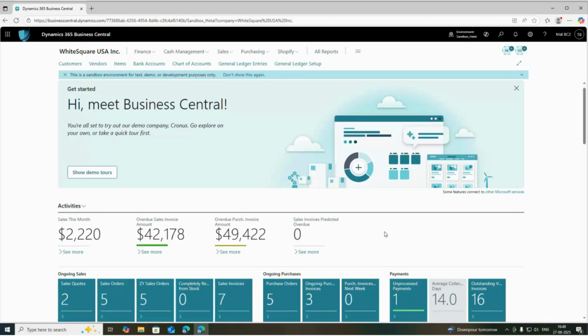Today we will go through a new feature of Microsoft Dynamics 365 Business Central called Extended Text for Project Planning Lines and see how it can make your project management easier. This feature was introduced in the 2024 Release Wave 2 update and it makes project communication much easier by letting you add detailed notes, special pricing and instructions directly into your project planning lines.